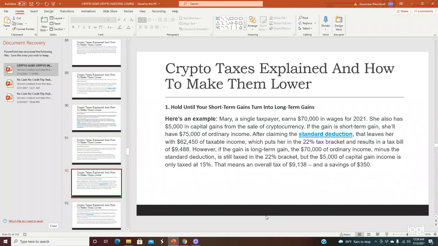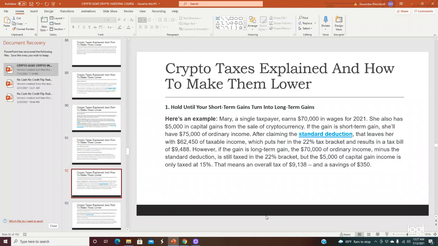So another thing is to hold onto your short-term gains until they become long-term. An example of it would be Mary, a single taxpayer earning $70,000 in wages for 2021. She also has $5,000 in capital gains from the sale of cryptocurrency. If the gain is short-term, she'll have $75,000 of ordinary income. After claiming the standard deduction, that leaves her with $62,450 of taxable income, which puts her in the 22% tax bracket and results in a tax bill of